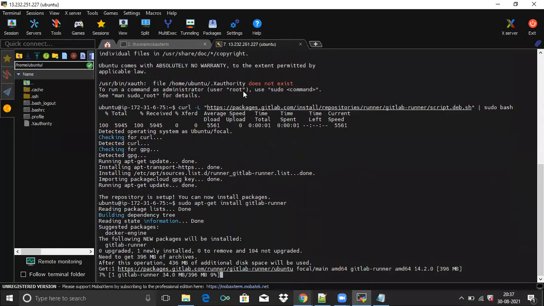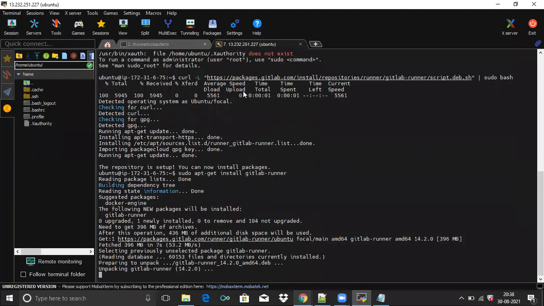Press enter and you can see it's installing.